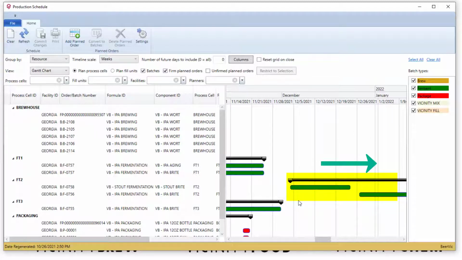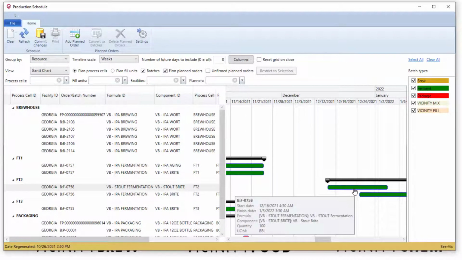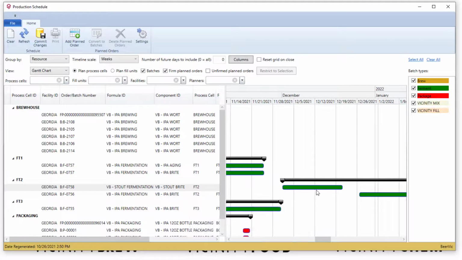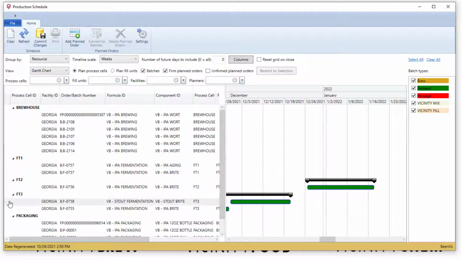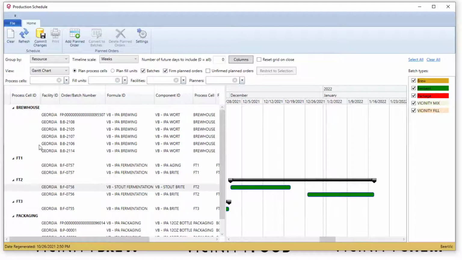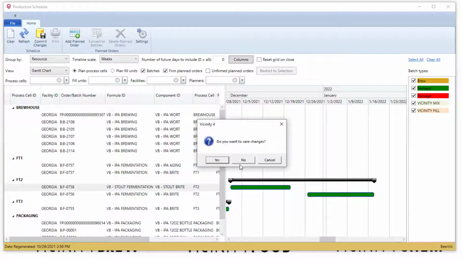Now, there are a couple of different ways this exact use case could be handled. One is you may want to move the job manually. This is how you'd have to do it. You'd move it out of the way until that line is going to be available. Or the other way would be that you might move it to an existing line, but move it to a line that's got some time that we could do it now. Both cases are valid. We're really trying to deal with both of those,